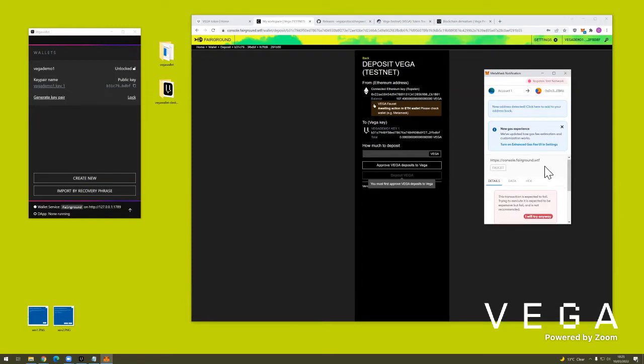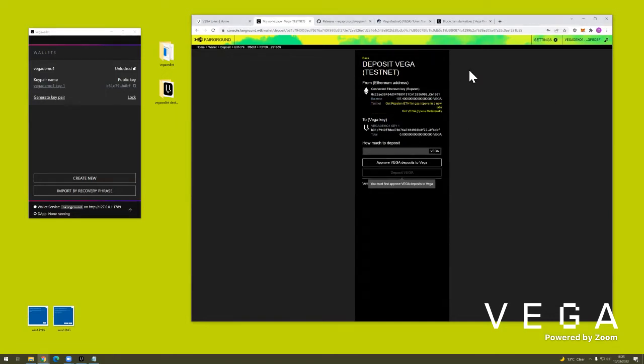So normally when you do this, it won't show this transaction will fail, and it will be a very low amount of ETH. This is quite a lot. It will be 0.002 or something like that. So for now, I've already done that. I already have 107.4 Vega. So in testnet terms, I've got some ready to go, and I'd love to stake that onto one of the validators